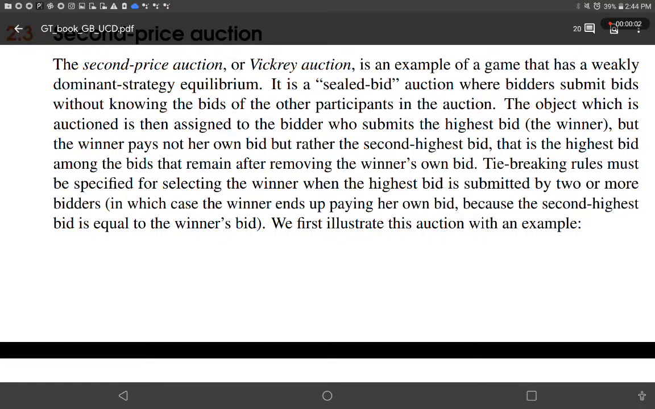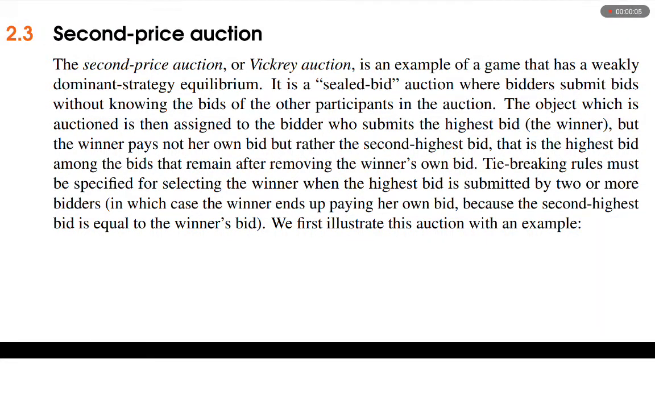2.3 Second price auction. The second price auction, or Vickrey auction, is an example of a game that has a weakly dominant strategy equilibrium. It is a sealed bid auction where bidders submit bids without knowing the bids of the other participants in the auction. The object which is auctioned is then assigned to the bidder who submits the highest bid, the winner, but the